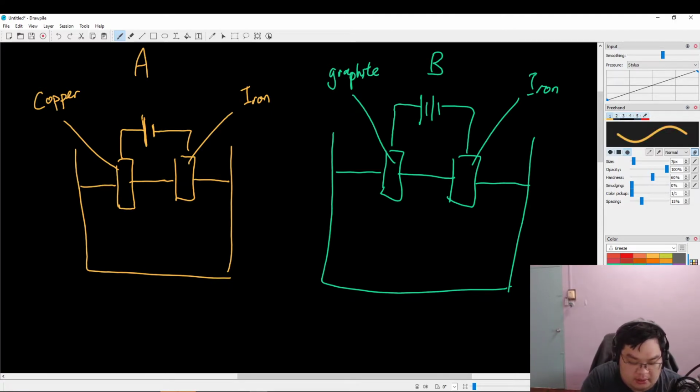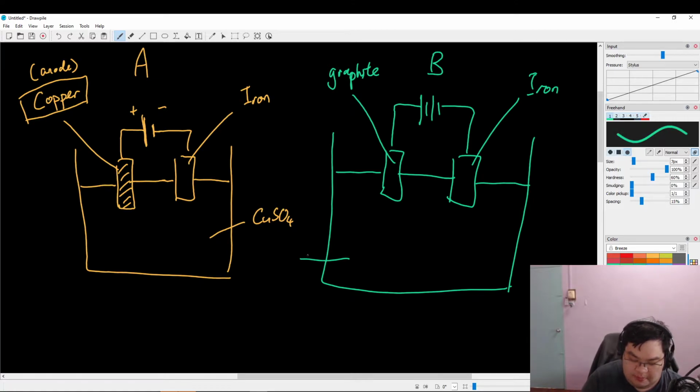For A, this is positive, this is negative. This is therefore considered the anode. So my anode is not inert, it's copper. Assuming both are copper sulfate, this is also copper sulfate as well, okay? For electrolyte. So for this case, this is considered copper, and the anode is not inert, so not platinum, not graphite. So by that logic,